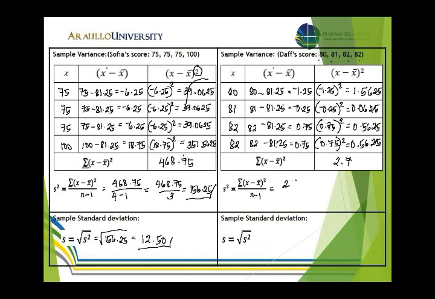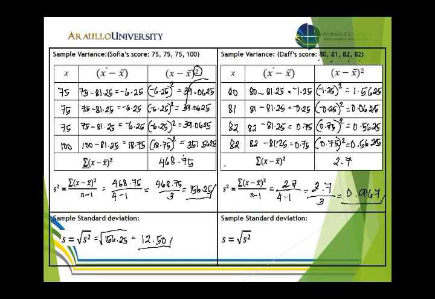So we have 2.75 divided by 4 minus 1, so 2.75 divided by 3. So we have 0.9167